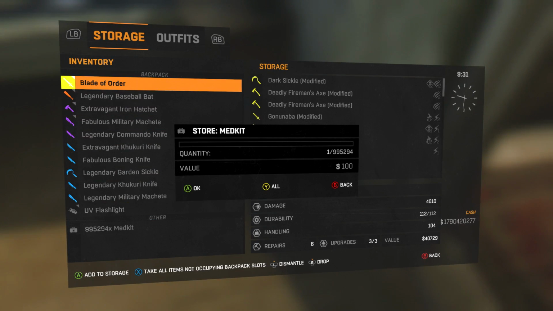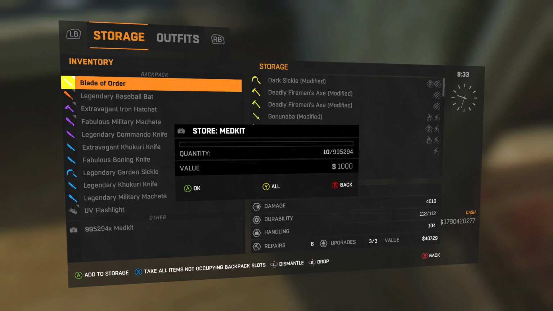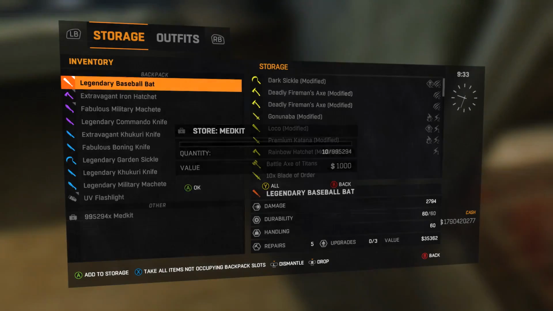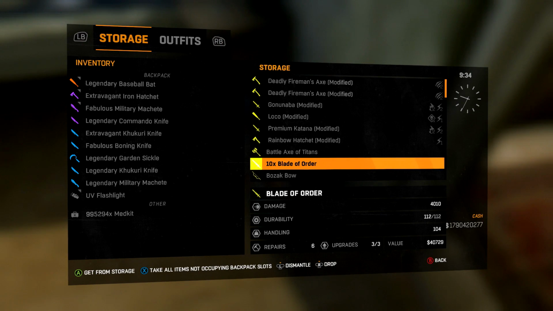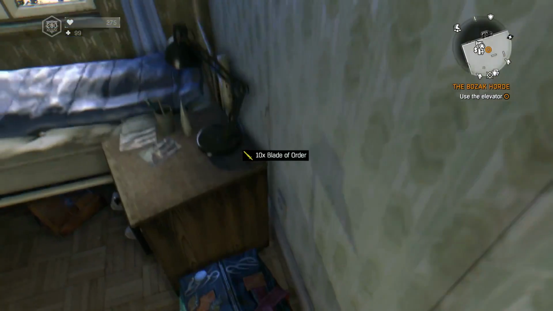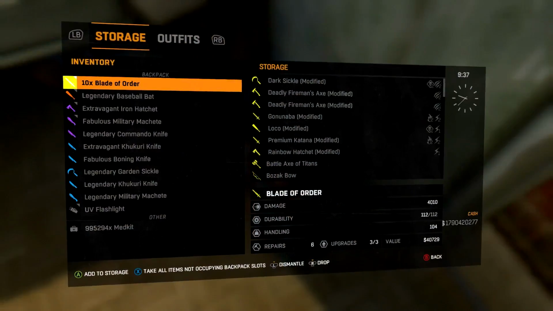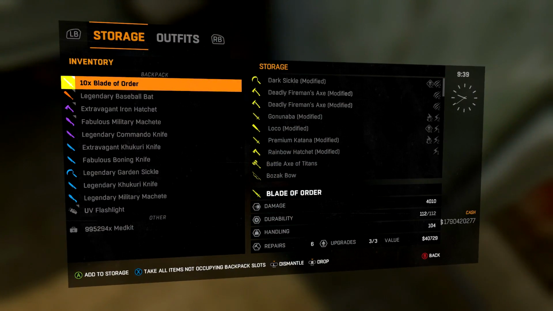I'm gonna go ahead and add 10 to storage. Click OK. Blade of Order, 10 in a stack. So I'm gonna try it and see if I can drop them from within the storage, and if they drop singularly or if they drop all together. I don't know. So we're gonna see what happens with that. It's just one Blade of Order. So yeah, that confirms that this 10 stack of,